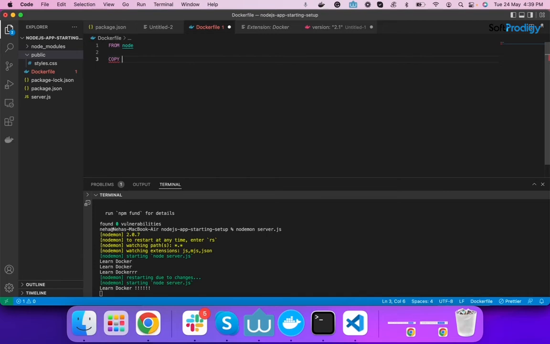So by using the copy command, what we are mentioning is: copy all the files, the dot is telling Docker to copy all the files which are here in the working directory, and copy them to the app folder, whatever. This is your custom name.